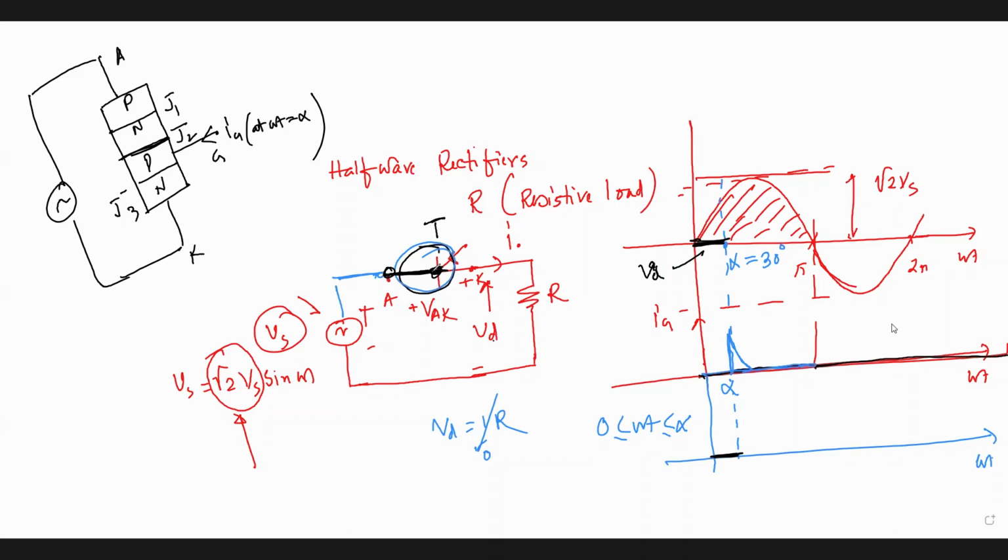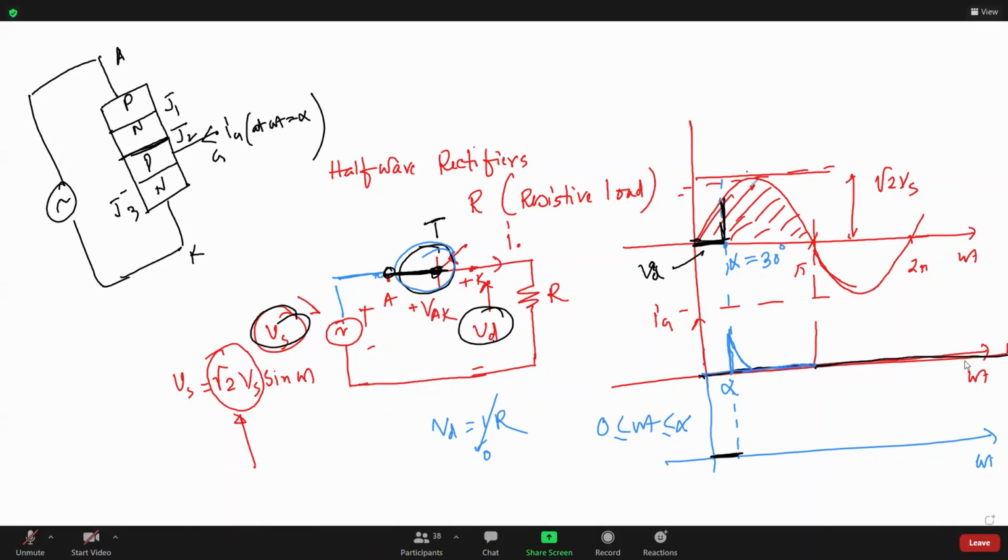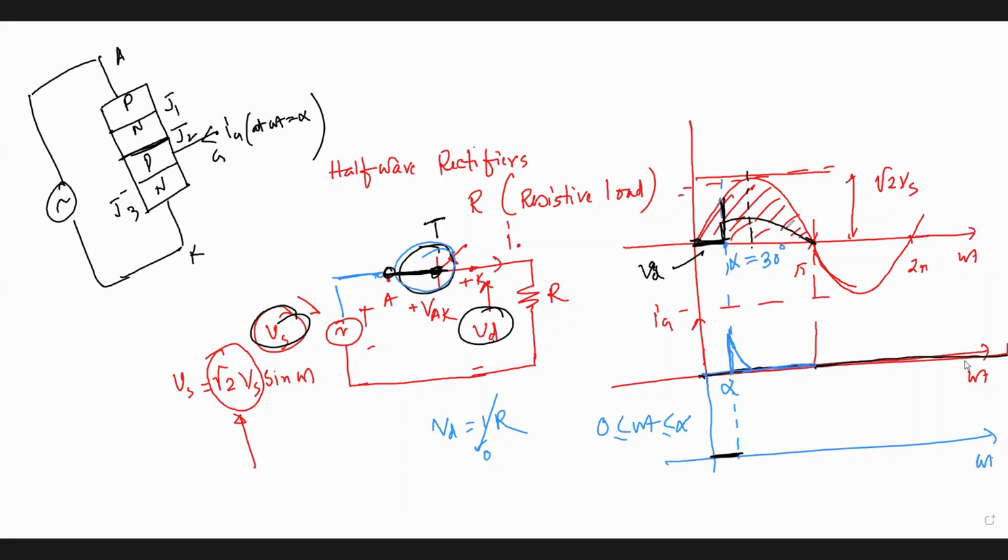If it is short circuited, then VD should be equal to VS. Okay, let us also plot the current here. Since this is resistive load, of course the current should follow the same wave shape of your voltage, right? Yes, sir. Okay, and since there is current and we see that Vd equal to I multiplied by R,